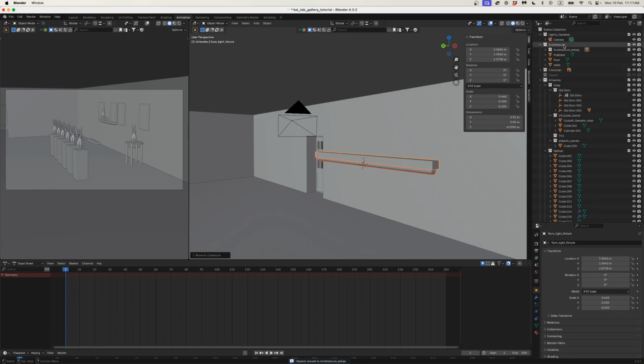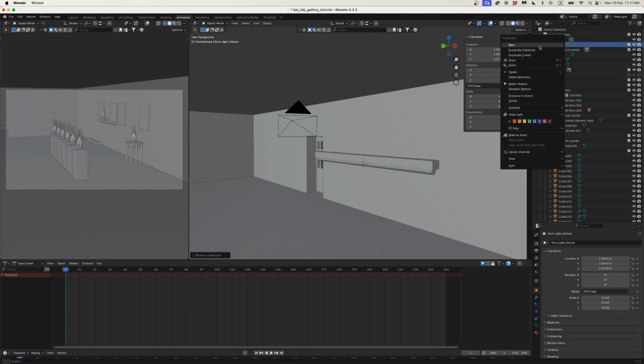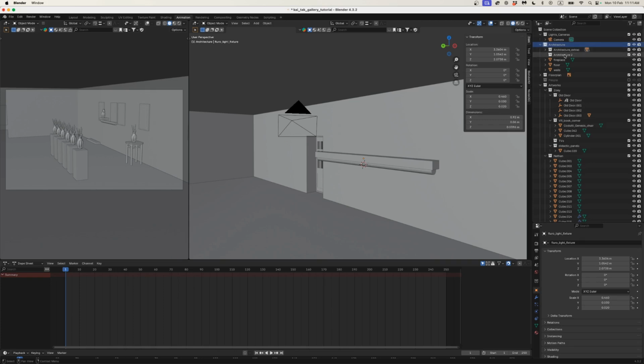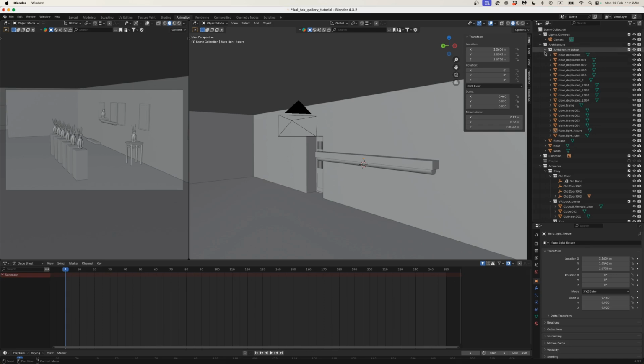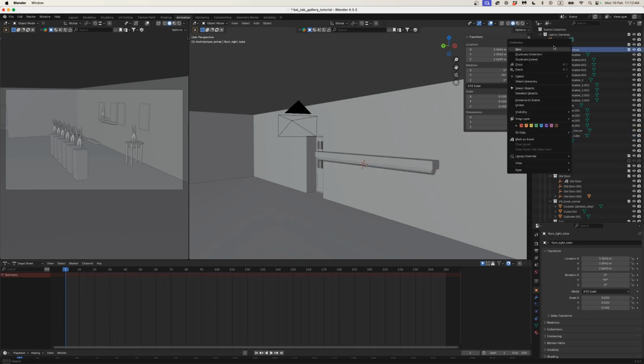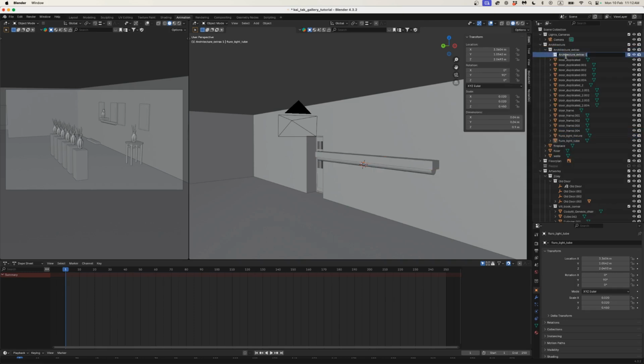You can always just right click and go new collection, and it'll make one here. It's called architecture 2. But architecture extras, I just put the doors and the lights and stuff like that inside there. And I might just make a new little collection here and call this one light tubes. The reason I'm putting all of these things in collections like this is sometimes you want to turn things on and off easily. Like I might grab all of my doors and put these in a collection